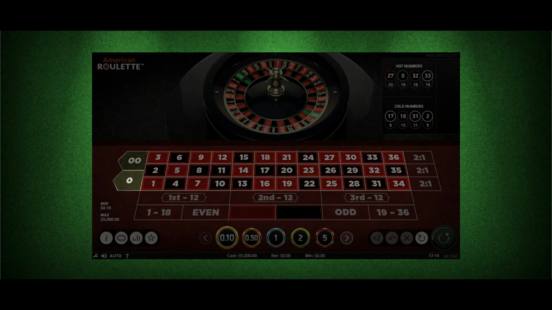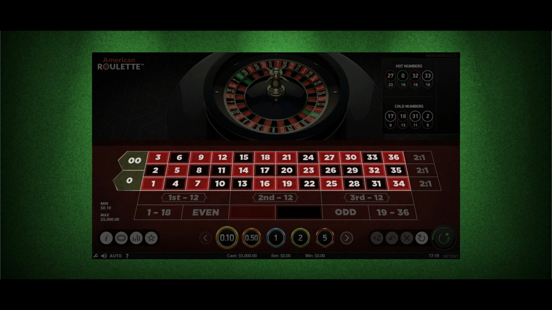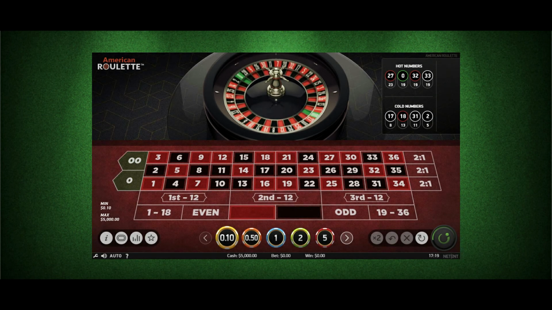So if you bet on, say, 0, you have a 1 in 38 chance or a 2.6% chance of landing on it. These odds are the same for every individual number. So you could bet on 17 or 19 or 2, it doesn't matter, they will always be a 2.6% chance. Although you're not here for the long shot. You're here to win, and for that you need a selection with the best odds.